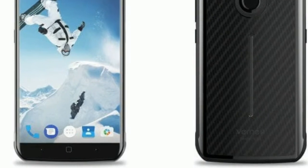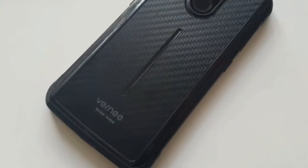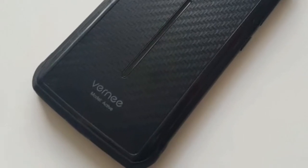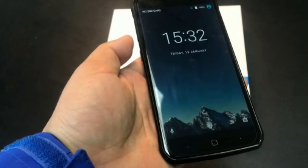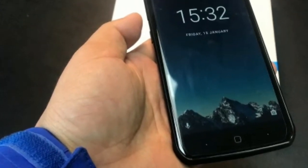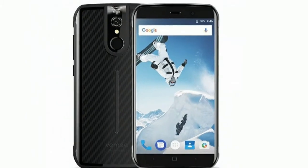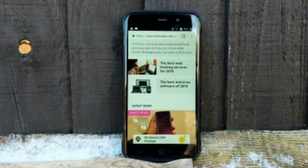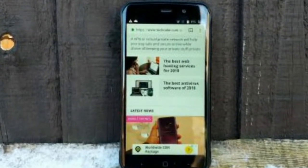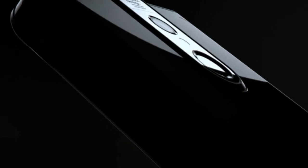Benchmarks. Here's how the Vernee Active performed in our suite of benchmark tests. Geekbench: 849 single-core, 3985 multi-core, 2719 compute. AnTuTu: 70796. PCMark Work 2.0: 5102. Passmark: 5375. Passmark CPU: